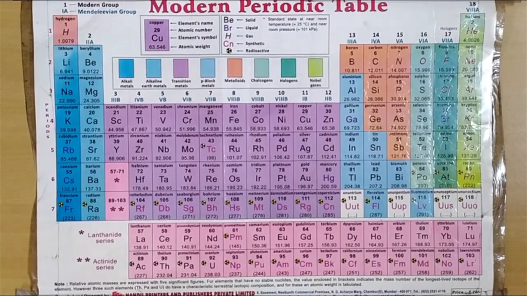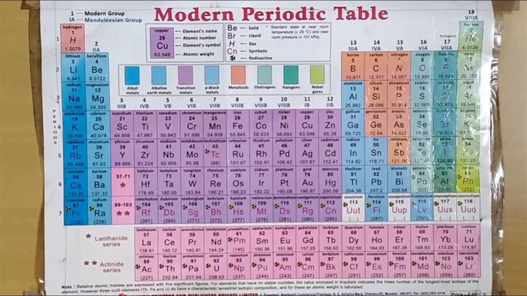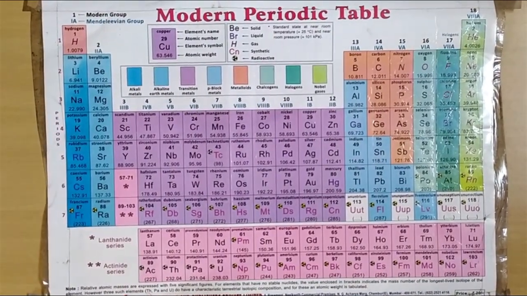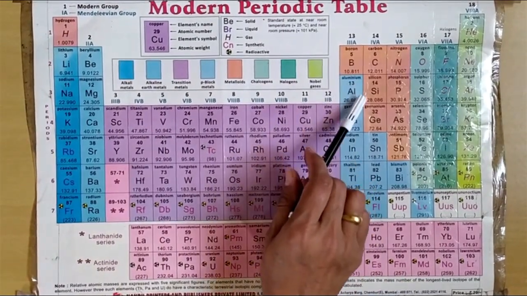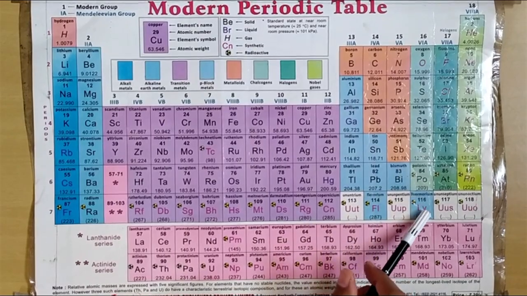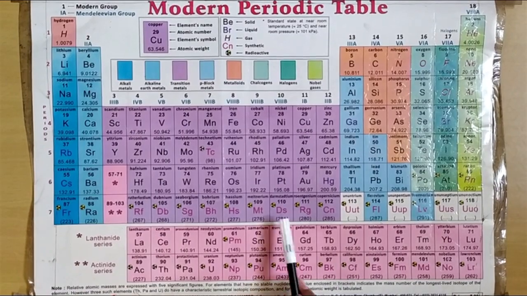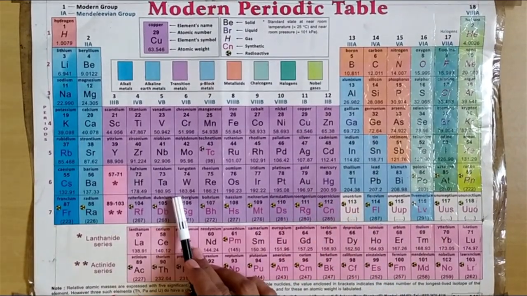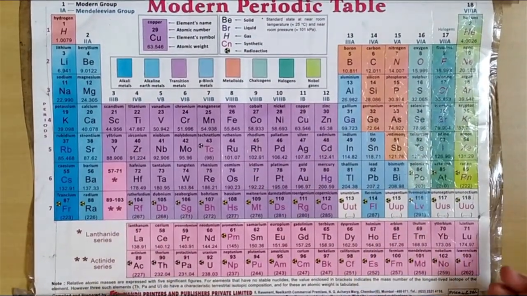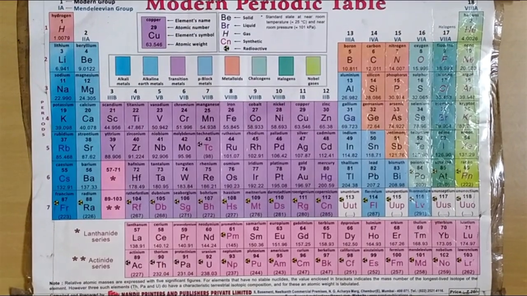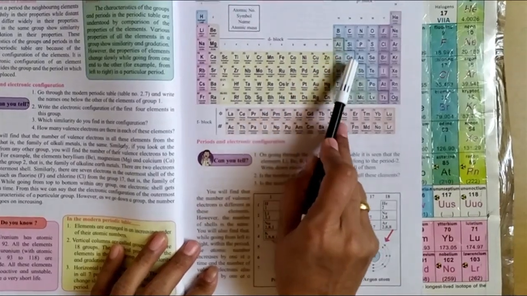Okay. Now the 3 types of elements broadly classified in the periodic table are metals, non-metals and metalloids. Now metalloids are placed on the zigzag line of the periodic table. This zigzag line separates metals and non-metals. On the left side all are metals, and on the right side all are non-metals. If you see your periodic table in the textbook, this is the zigzag line.